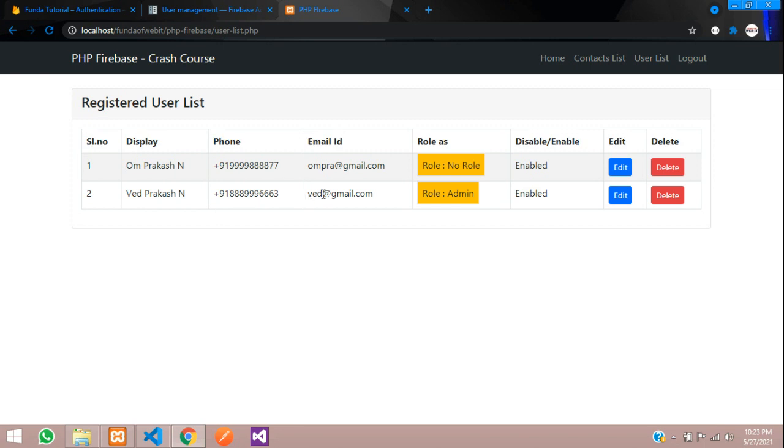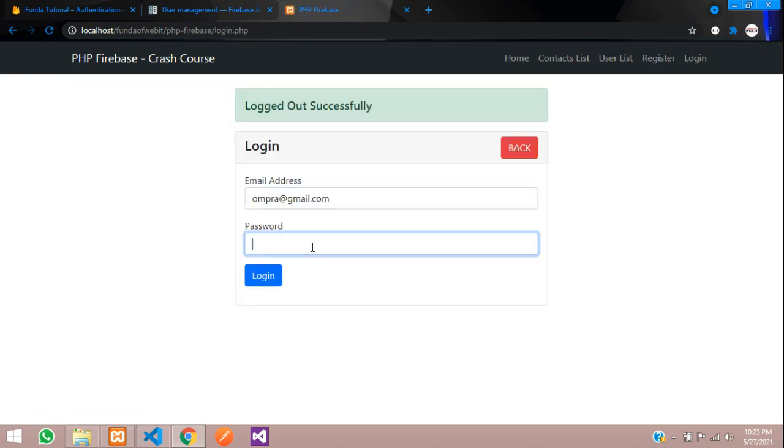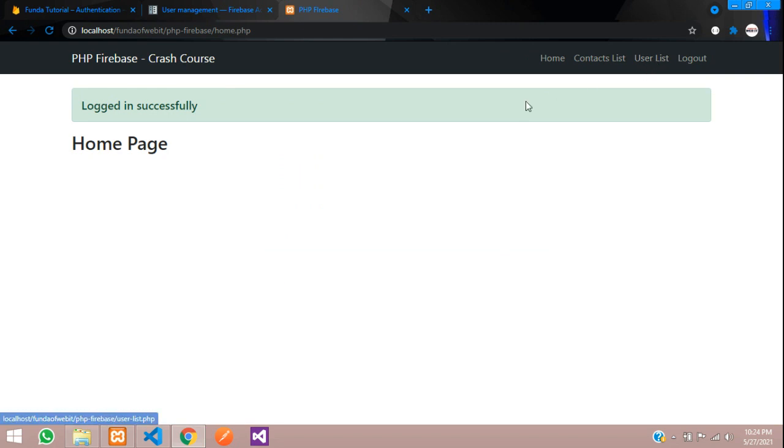So Ved can access the user list because he is admin. Om Prakash is not an admin. So let's log out and try to access this with the Om Prakash ID. Login. Now let's click on user list. You can see access denied because you are not an admin.